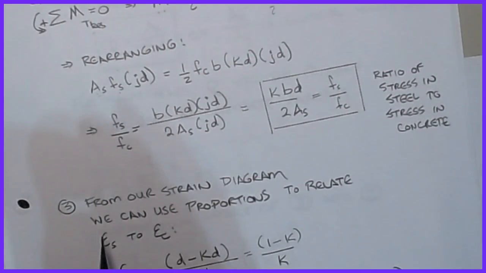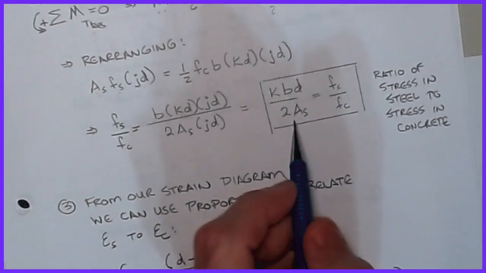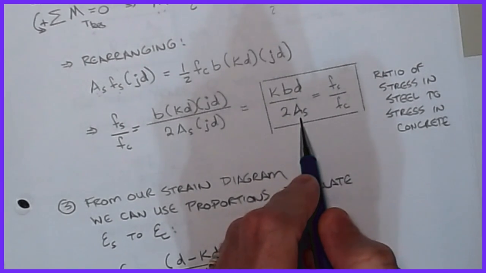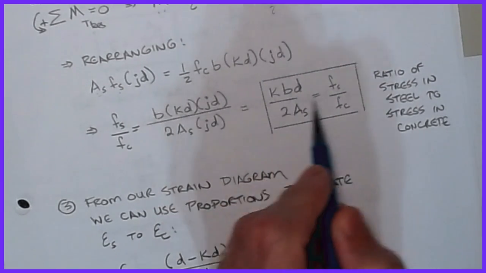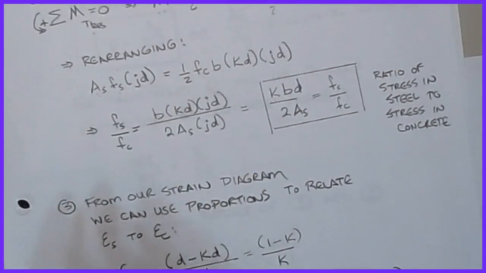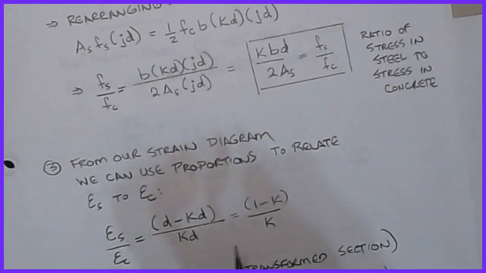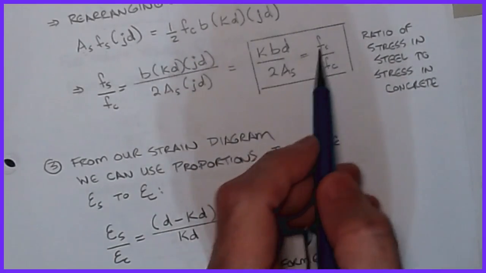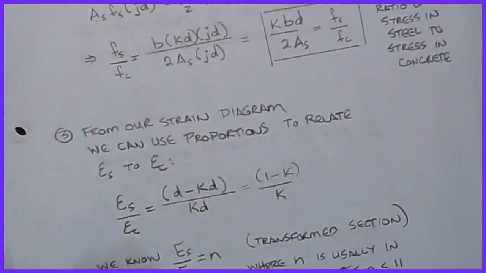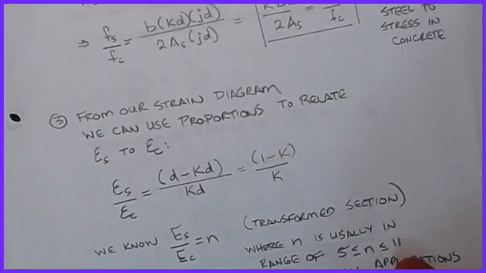And that's pretty cool, because all that says is that if I know my area of steel and I can find K, then I know the ratio of those stresses. And with that, we can start to actually do some cracking limits, because when it gets to cracking, all I do is set a value on FC, or if I know that I'm yielding, I set a value on FY. Okay. All right. Now, the one piece that's kind of new to us on this is looking back at